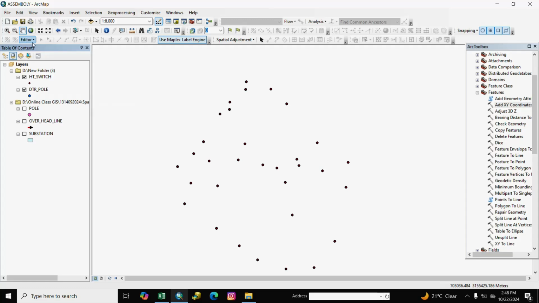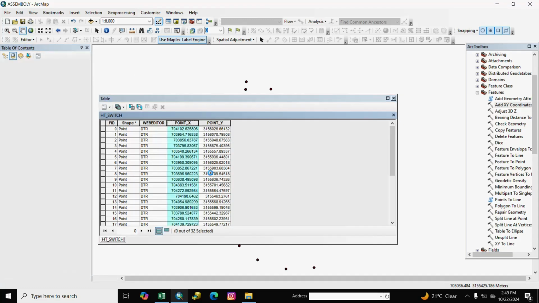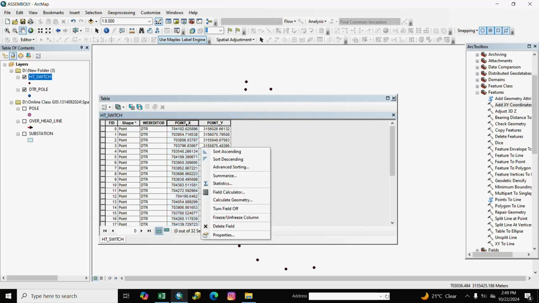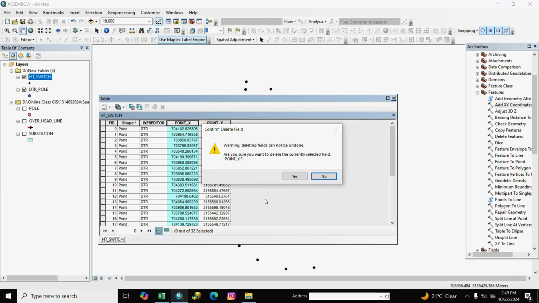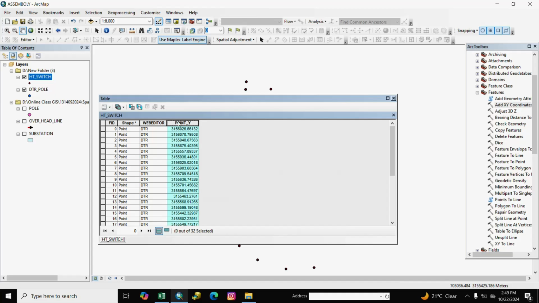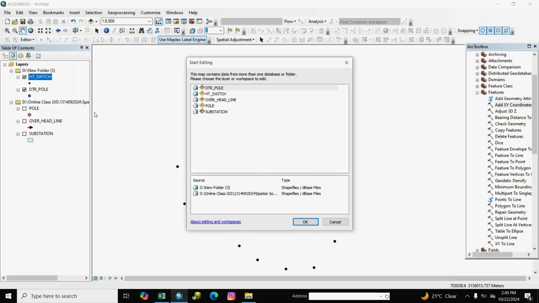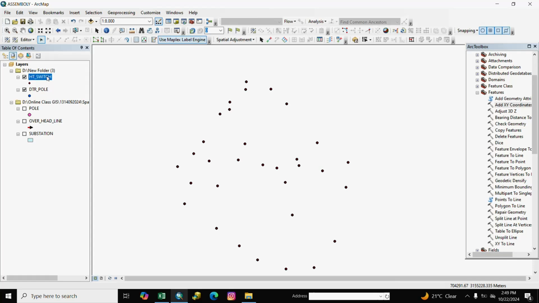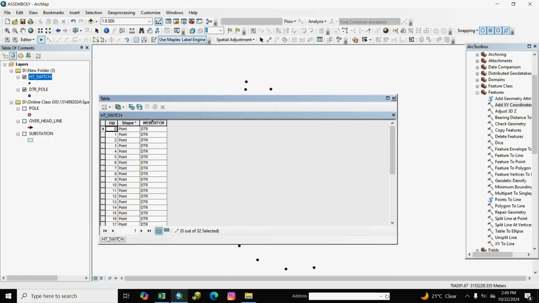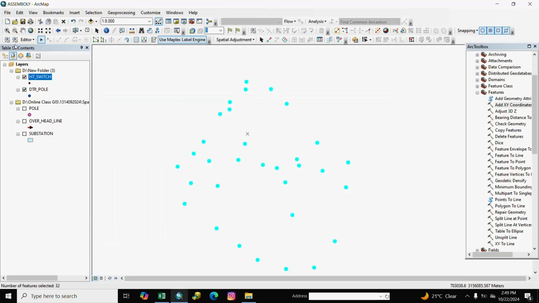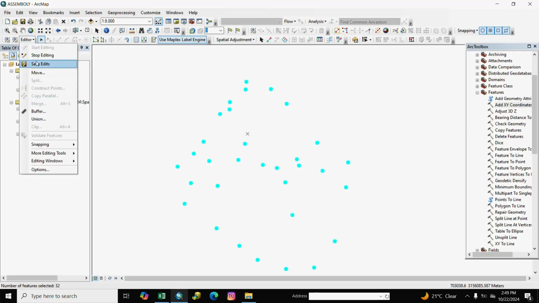And we delete coordinate, and start editing. We select all and go to editor, and we move it